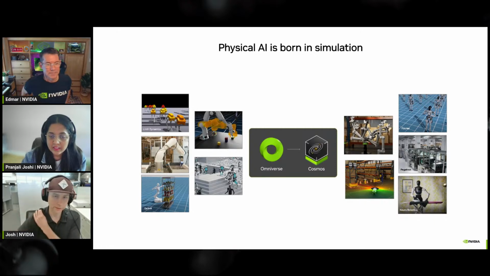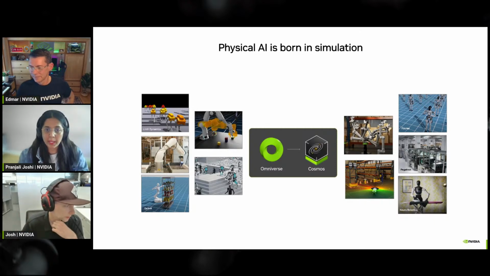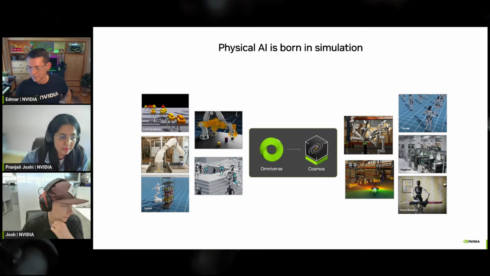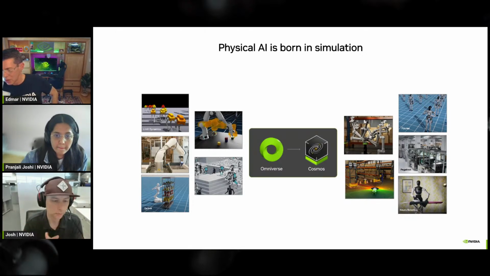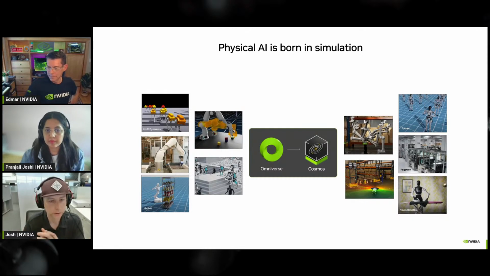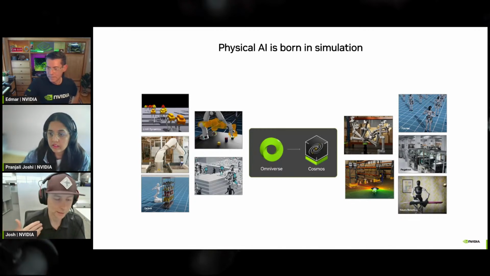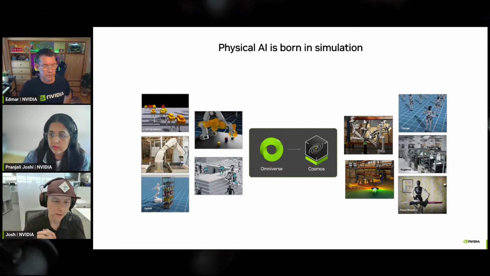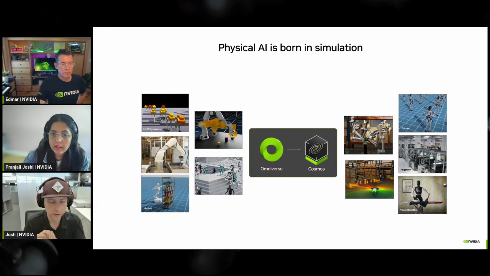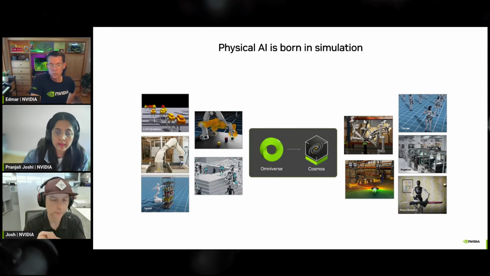Here we're showing that physical AI is born in simulation, and understanding physics is really important here. This is why we're showing this positioning of Omniverse with Cosmos, because Omniverse has years and years, you could even say decades, of solutions being provided for various physics simulations or solves. So much of that is available in Omniverse and performs so well with Sensor RTX and our PhysX, all of it wrapped into this great platform.